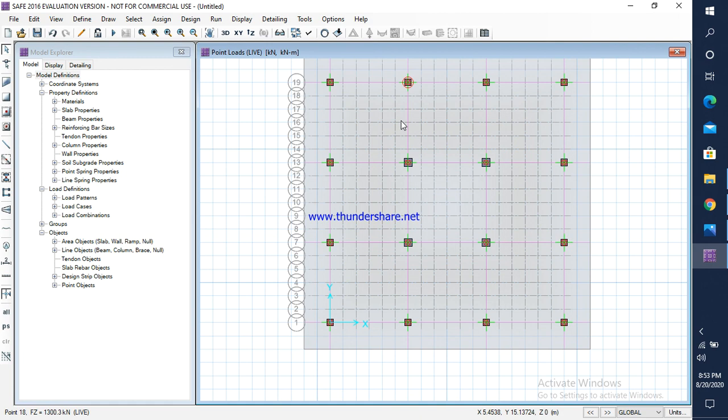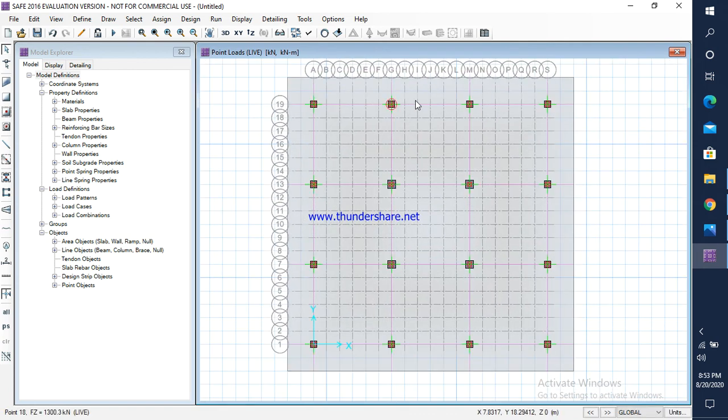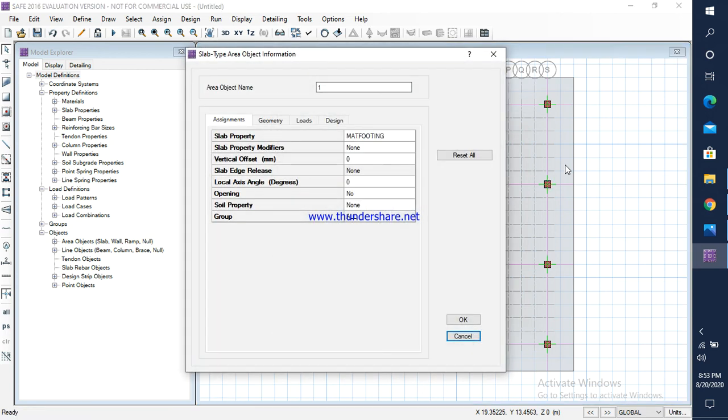After assigning the dead load and live load for all columns C1 to C16, next we need to add the soil property for the mat footing and material property for column section. Click on soil mat footing, right click,